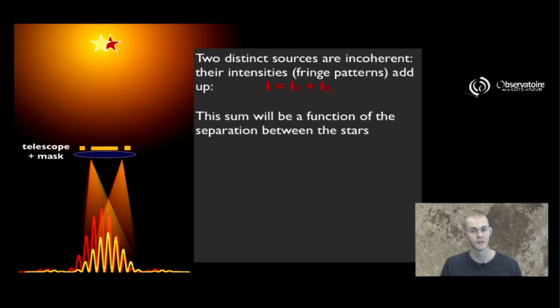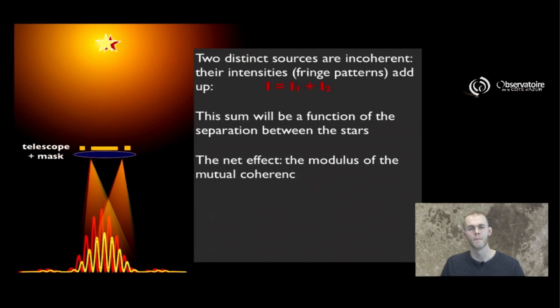If we move it a little bit, like so, or back like so, we see that the two sets of fringes are going to slide relative to each other, and the effect is going to be, if the observer doesn't know that he's looking at a binary star, that the quality of the fringes, the contrast of the fringes, depending on the exact location of the two sets of fringes,